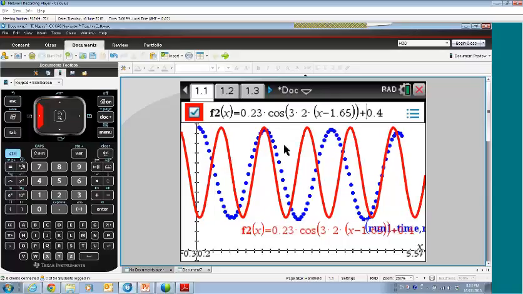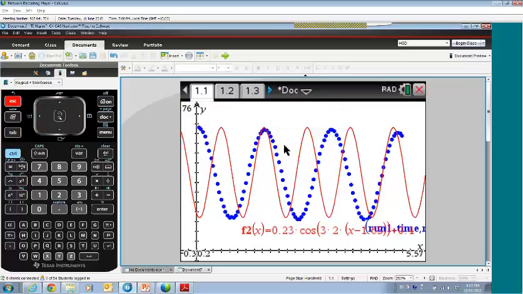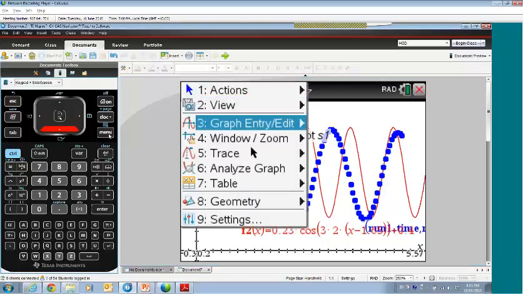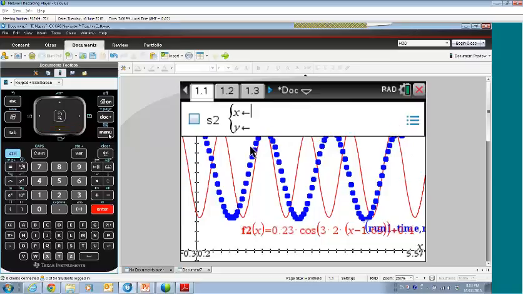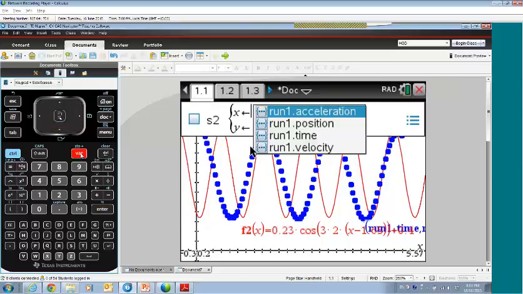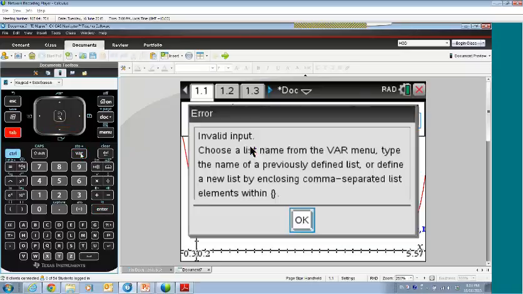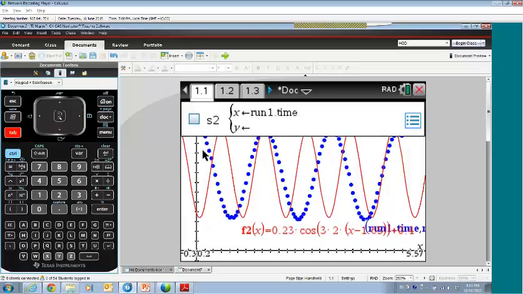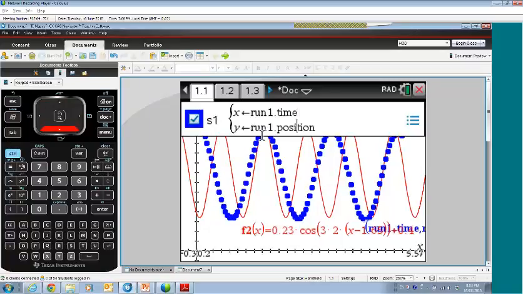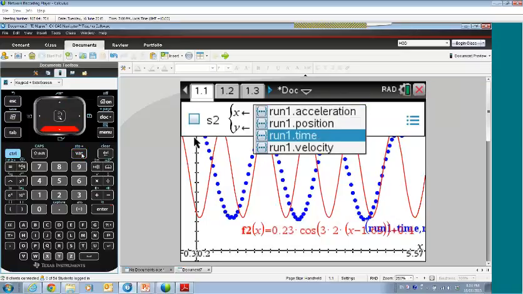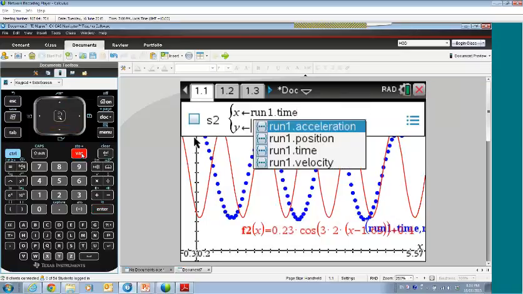So the idea here is, once your students have got the equation, then the calculator actually recorded, let's change to scatter plot, the calculator also recorded the velocity time. So once they get an equation for their position time, then they can use that same information. I'm going crazy here because I'm trying to do three things at once: operate a phone, talk, and press buttons on a calculator. So let's do velocity,